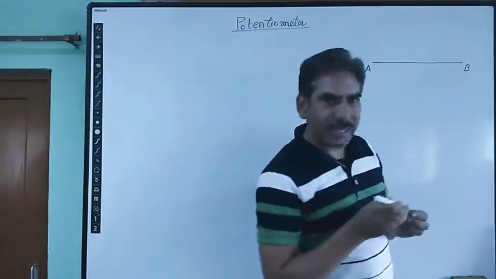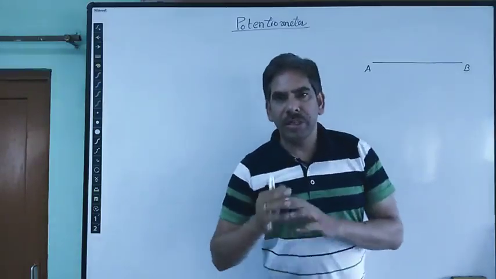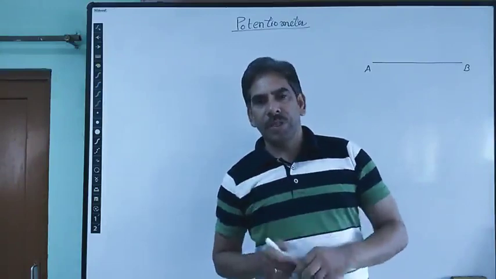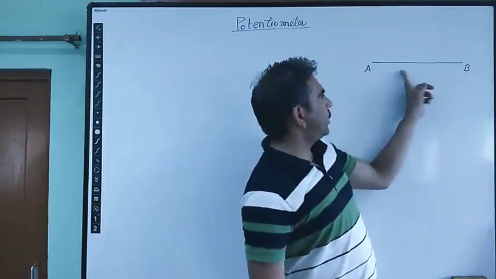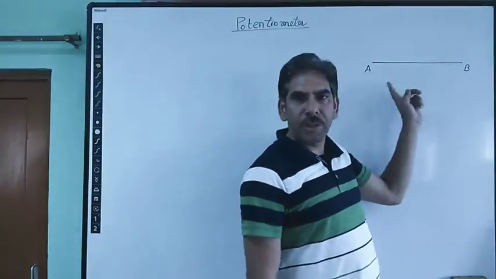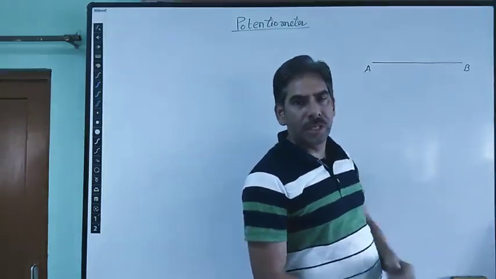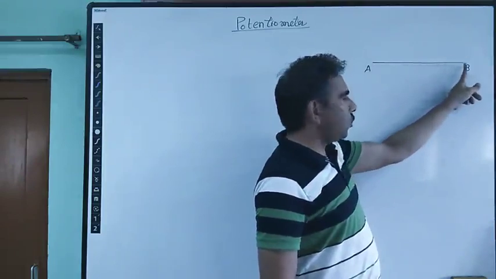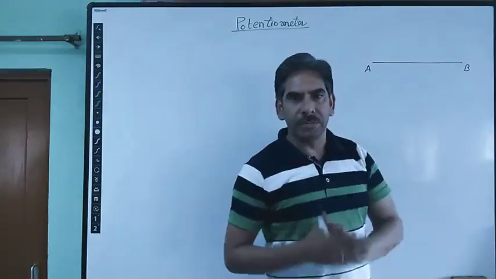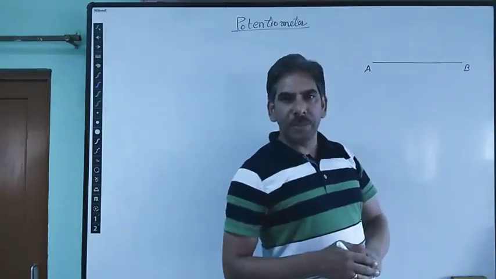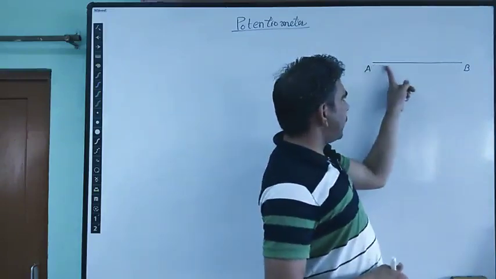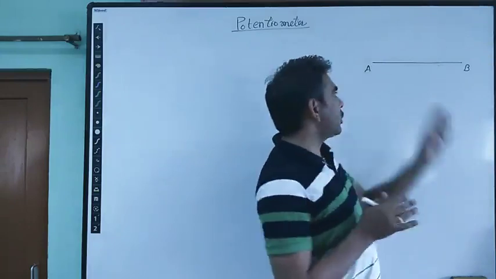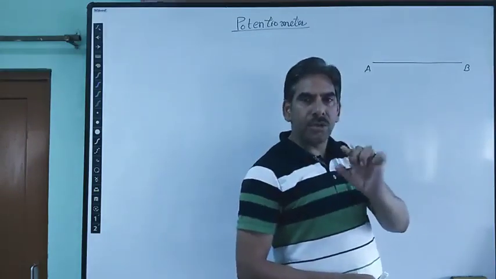When we try to understand how a potentiometer works, the very first thing we discuss is the principle of the potentiometer. The principle says that the wire used in the potentiometer should be of uniform area of cross section. That means its area of cross section should be the same at all points over the length of the potentiometer wire. And the second part of the principle is that there must be some constant current flowing through this wire. The current flowing through this wire should remain constant, it should not change.